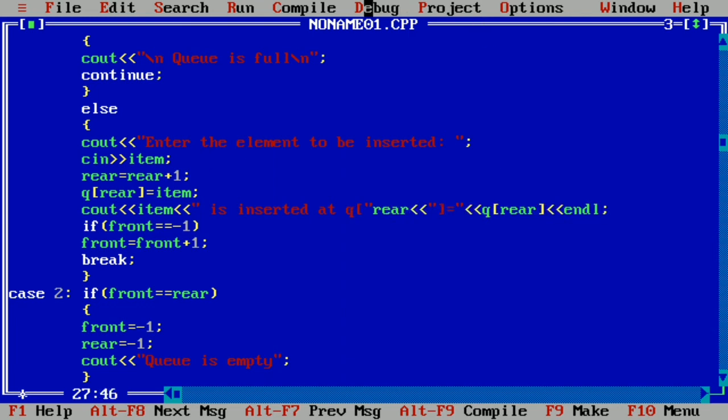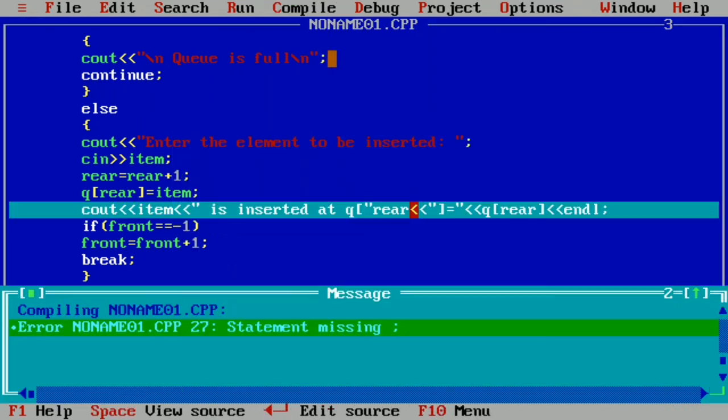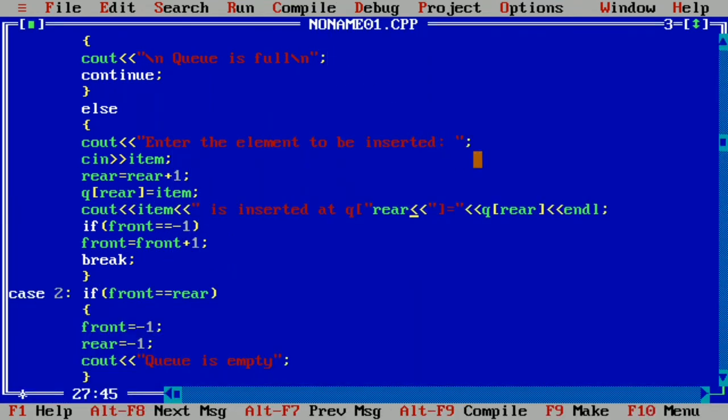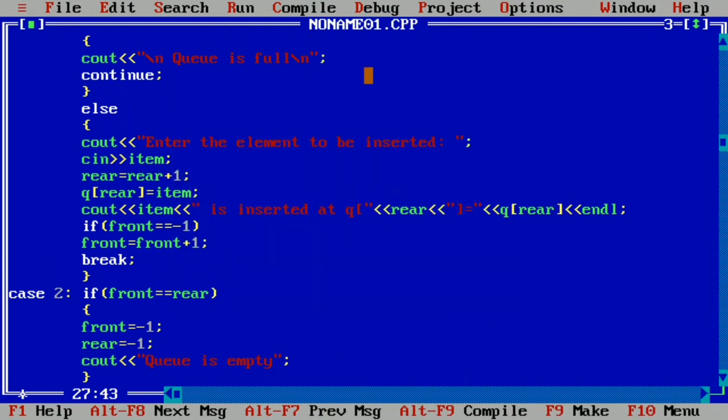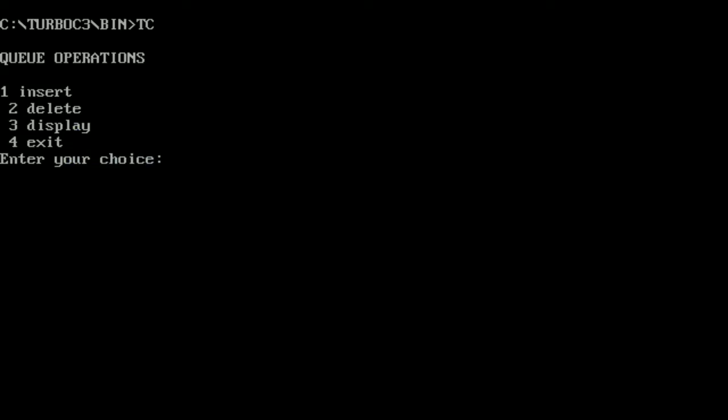Okay, fine. Now it is okay. Again click on compile. Still there are errors, and here we'll put the insertion operator. Click on compile. Now it is a success, so click on run.